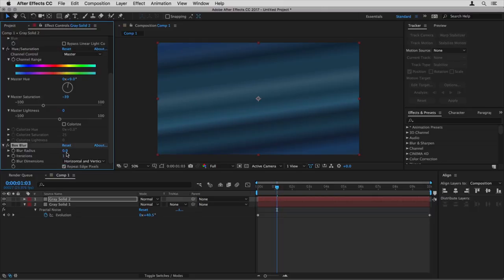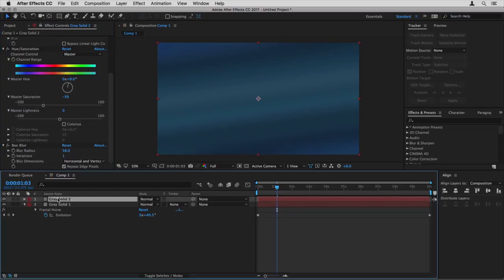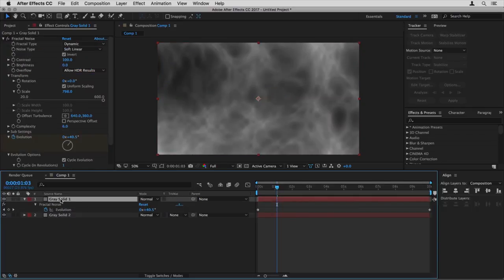I'll turn on this edge pixels option and just make it nice and soft. So we've got something going on. It's subtle, but I like the way it looks. So I'll pull this layer underneath the smoke that we've made, and let's just combine them using some sort of